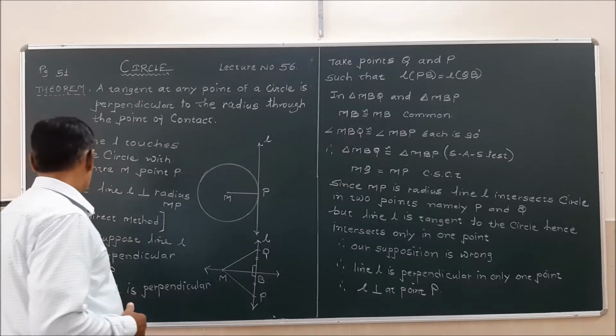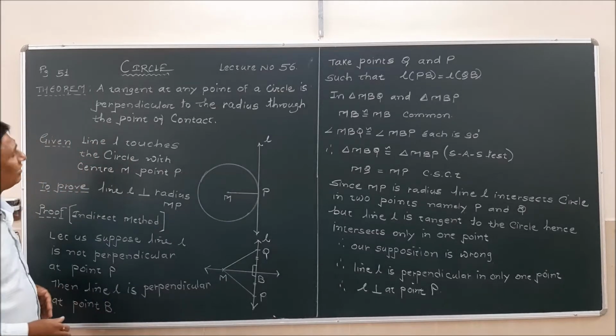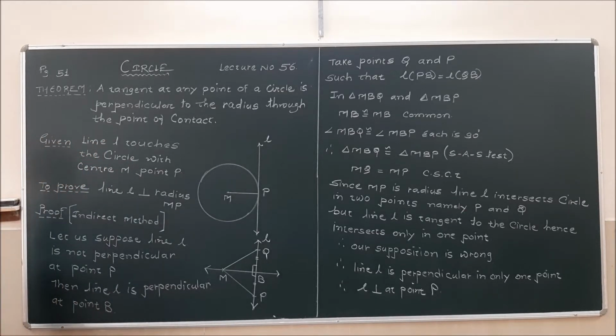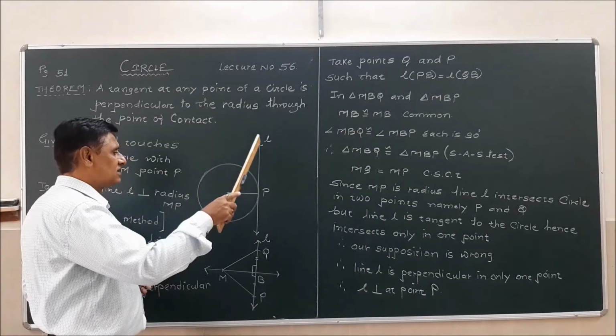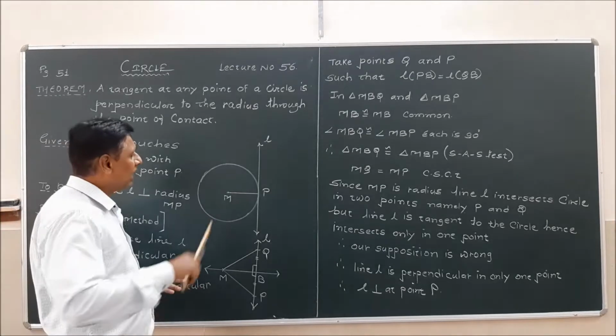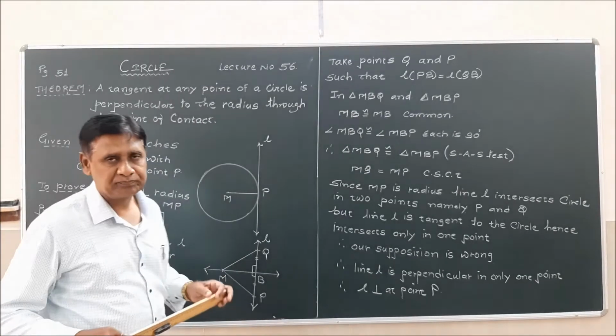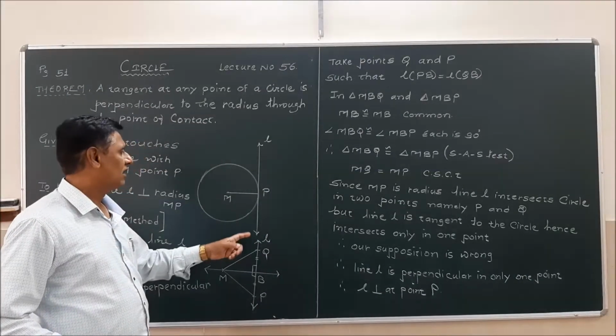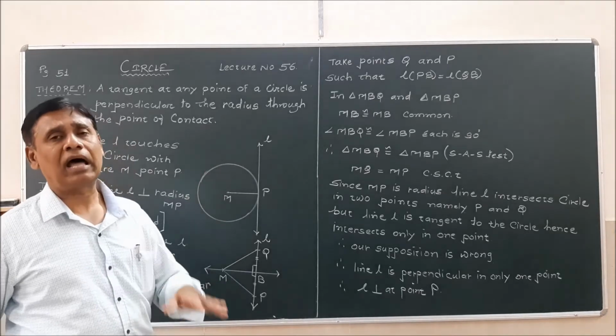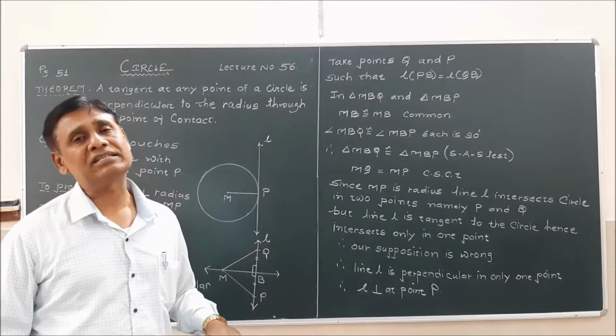important theorem which is given on page number 51. Please try to understand this theorem. A tangent at any point of a circle is perpendicular to the radius through the point of contact. That means this is a circle given. This line L is given. Line L is a tangent to the circle. If line L is a tangent to the circle, it means line L will intersect the circle in one and only one point,